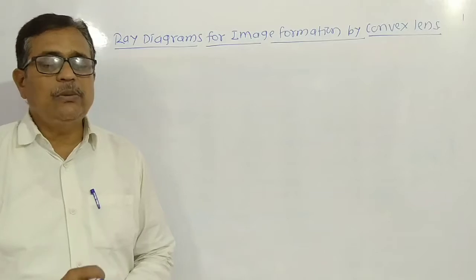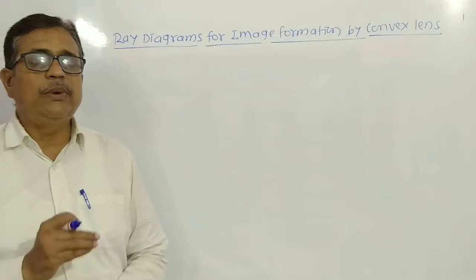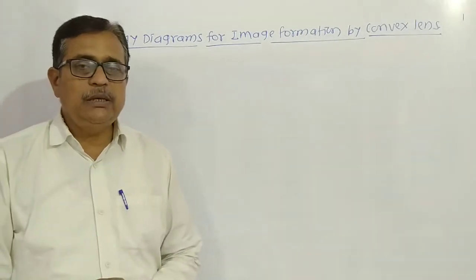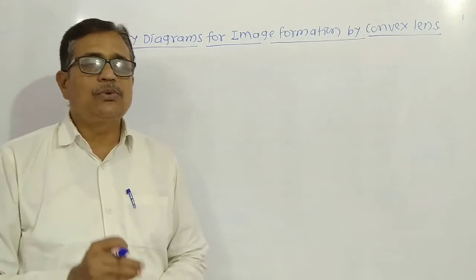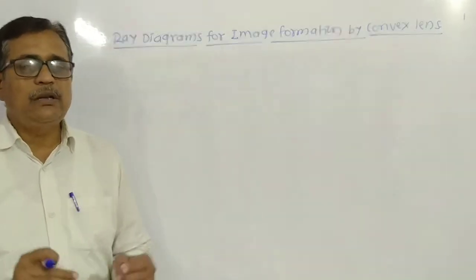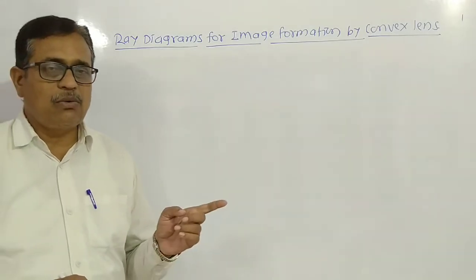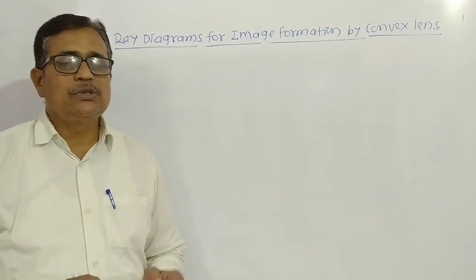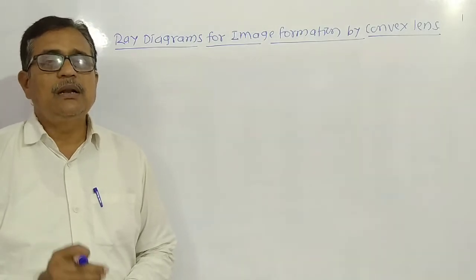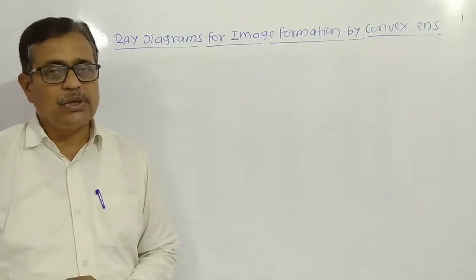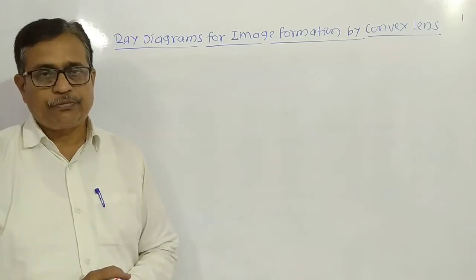We compare the size of the image and the size of the object. It is necessary to mention the position of the image, then the nature of the image, and the size of the image as compared to the object, and then you should get full marks on that particular topic. One diagram is asked in your question paper for 3 marks, where you are given a position of the object and you should draw the diagram according to that position. Hence, it is necessary to understand which rules can be used there.